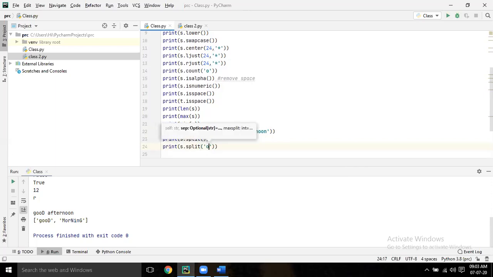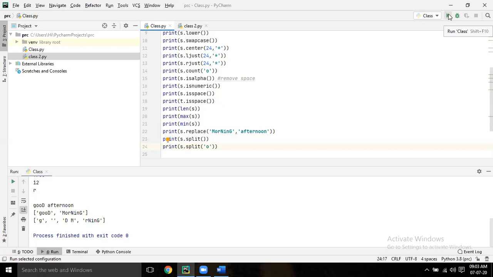Run it. So we are telling here, where there is o, just split it. But in the above one we are not giving anything, so wherever there is a space, it will automatically split. So this is your split.